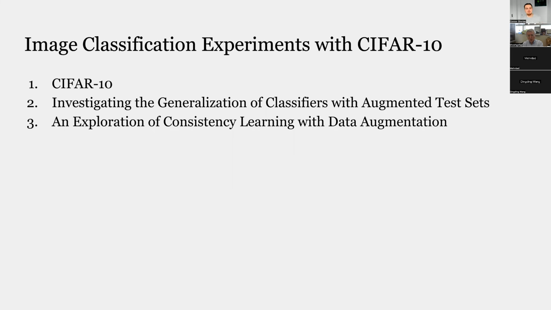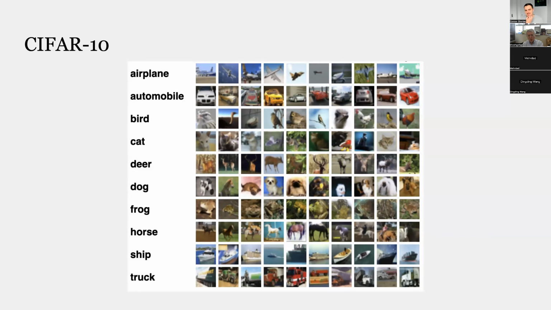So we'll start off with the experiments, starting off with image classification experiments with CIFAR-10. CIFAR-10 is a very accessible data set to begin doing low budget research with deep learning for computer vision. You have these 32 by 32 low resolution images and you classify them into 10 categories, and you can train one of these models in maybe 5 hours. And so that's a significant difference from ImageNet, where it would take a couple of days to train a quality model on it.